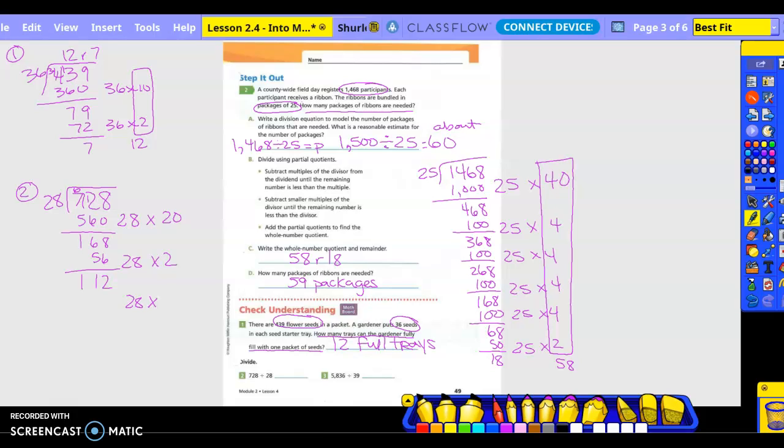So we could do it times 4. So are there multiple ways to go about what you use over as your partial product? Yes, it's just whatever numbers you feel comfortable using. So then we have nothing left over. So 20 plus 2 plus 4 is? So our answer is